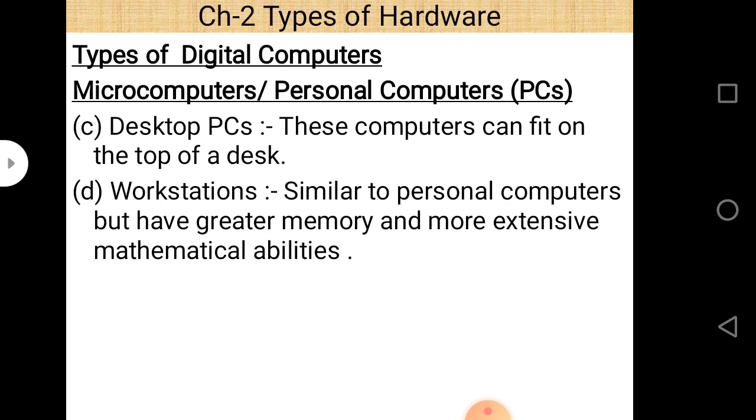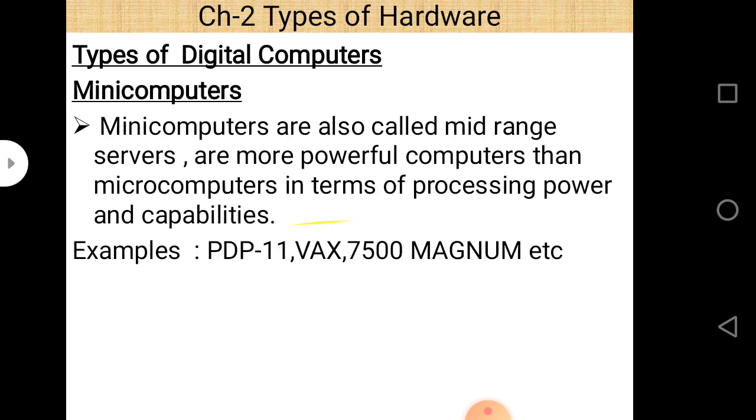Desktop PCs are computers that can fit on the top of a desk, so that is why they are called desktop PCs. And the workstation is similar to a personal computer but has greater memory and more extensive mathematical abilities, so they are called workstations. Next is